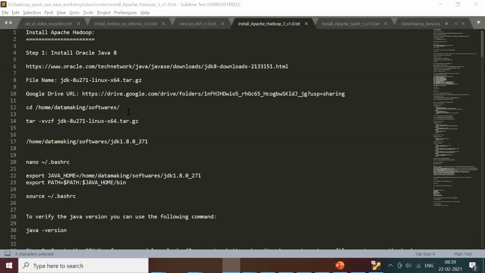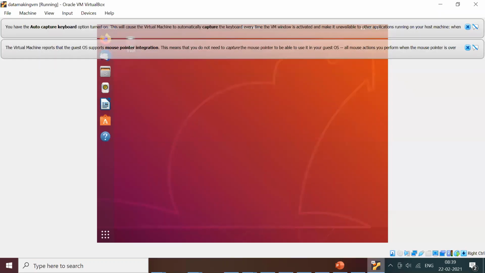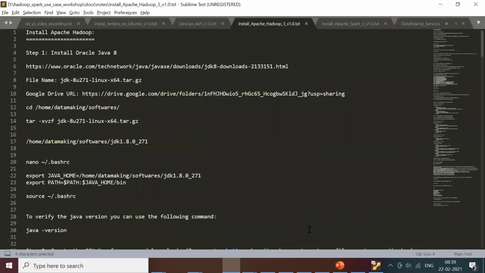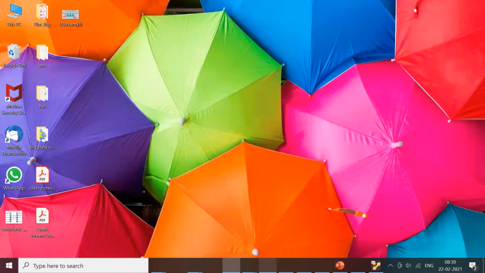That way is also possible. Okay, so now let me check. Yeah, my VM is started. I'll just minimize this. I will open a utility called Putty.